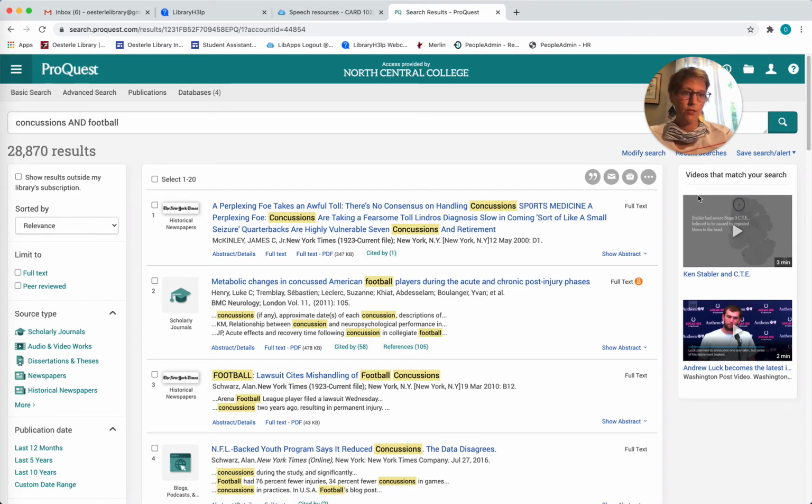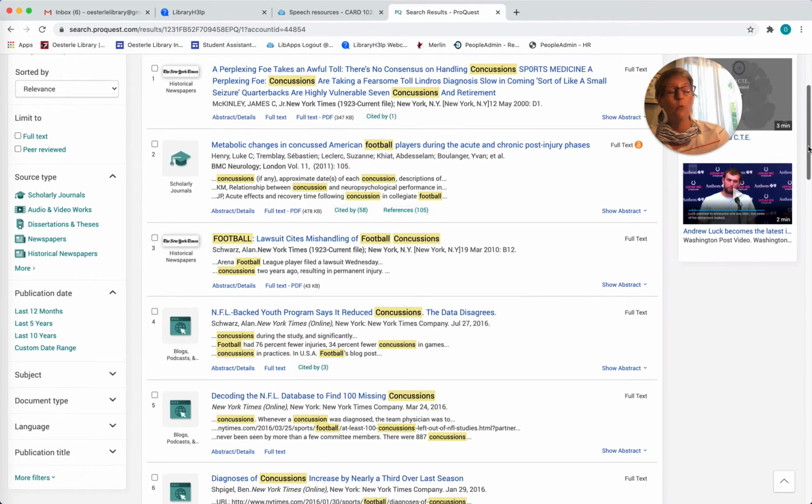On the results page, if you want to focus your search when you're looking at newspaper sources, and most of the time we do, maybe we want to focus on a particular time frame of publication, or maybe we want to look at a particular publication itself. We have that option. Over here in the Refining Results menu, under Source Type, just so we can narrow that list to something useful and manageable for us, we're going to choose newspapers from the source type list.